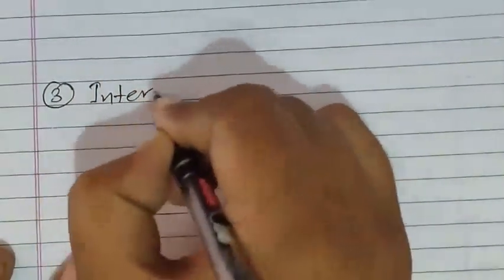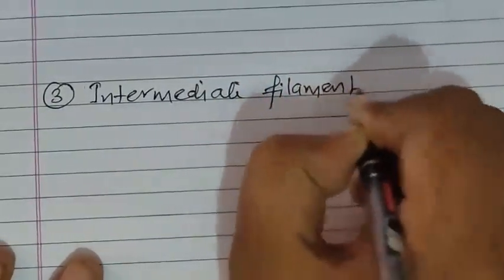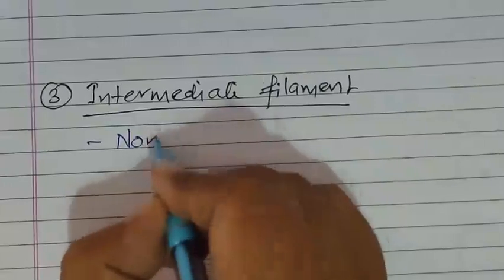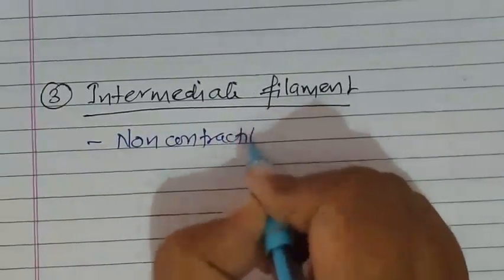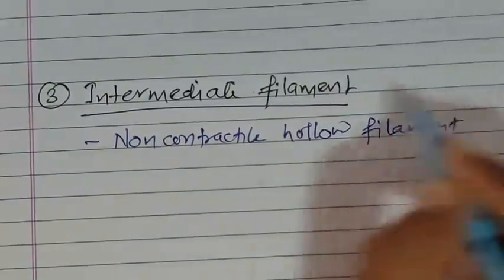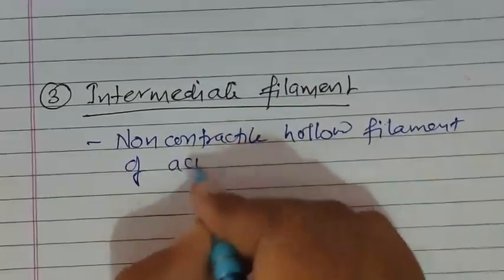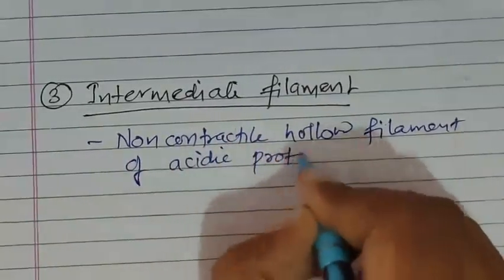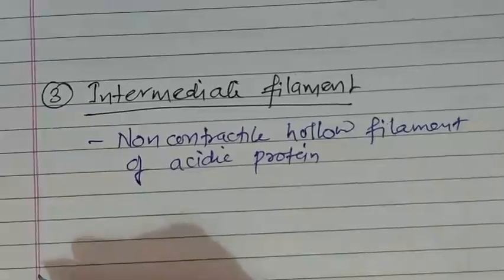And the third filamentous proteinaceous structure found in the cell is the intermediate filament. Now intermediate filaments are non-contractile hollow filaments of acidic protein. They are involved